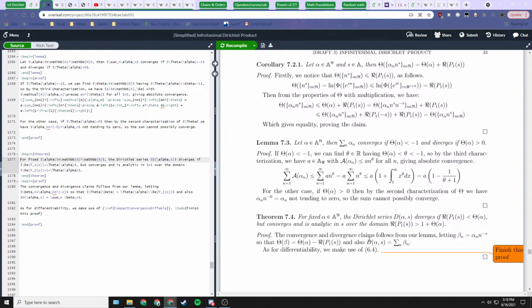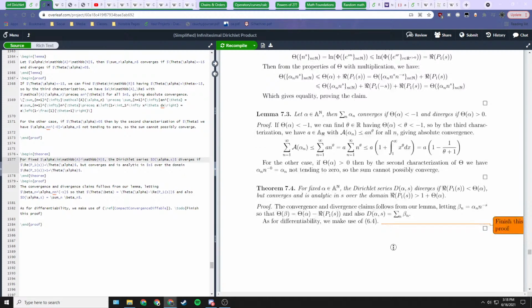This is relevant because the Dirichlet series of alpha with variable s is just this summation of beta n, whose convergence and divergence comes from the lemma. But the next thing we want to do is prove differentiability. So we actually want to show that